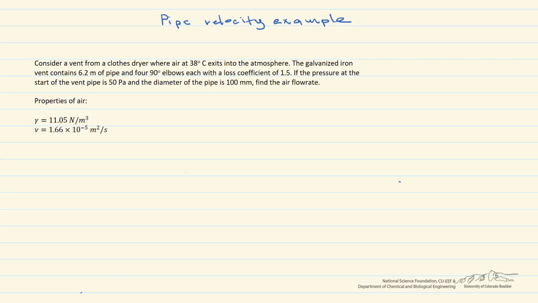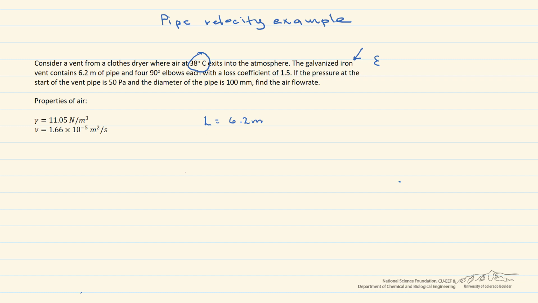Here we're going to consider a vent from a clothes dryer where air at 38 degrees C, and the reason we put the temperature there is that we need to look up air properties there, into the atmosphere. The vent is galvanized iron, and the reason we need that information is we need a roughness factor in order to solve our problem. It contains 6.2 meters of pipe, and what that means is that the length is 6.2